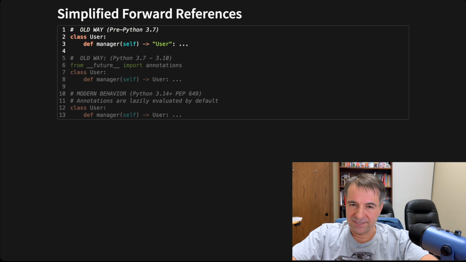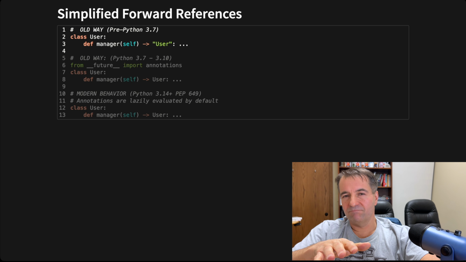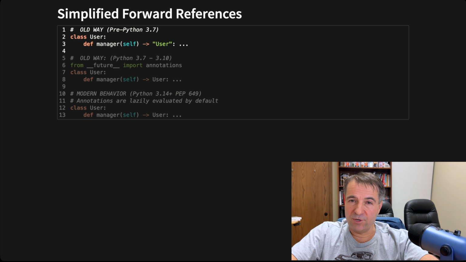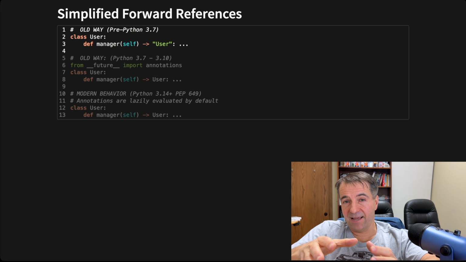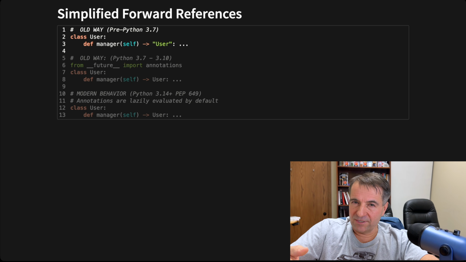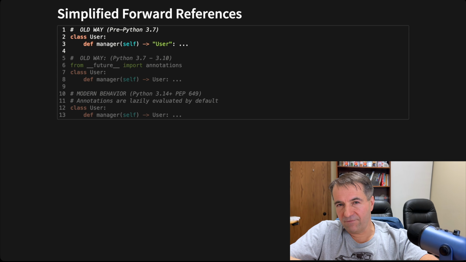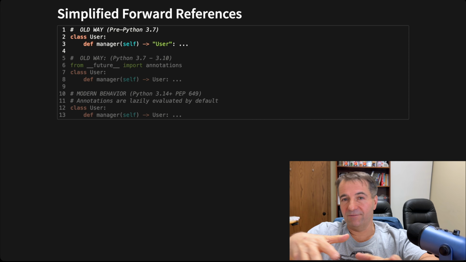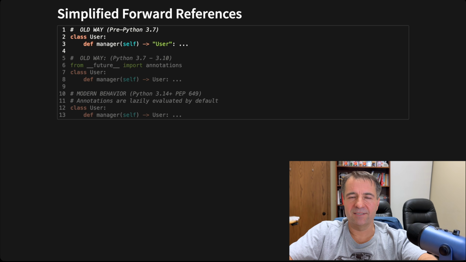So, forward references. The lucky thing here is there's nothing you need to do. The only thing you need to do is stop using the old way. The old way, pre-Python 3.7, and you'll see this in AI still, is that you'll see these quotation marks, which means it's a forward reference. You're using a type that's not yet defined, and this was just a way to tell your IDE: stop, first you go look for it, forward reference.